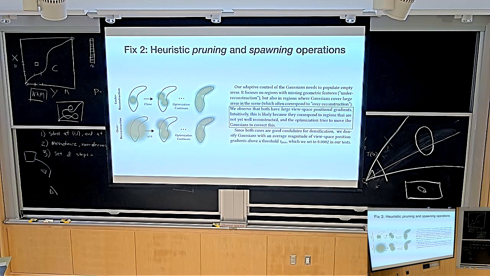has high magnitudes. And there's some intuition behind this because, of course, why would your Gaussian have a large gradient with respect to its position? It's because in that area of the image, those pixels are poorly explained currently, which gives you a large loss for those pixels. And the only way that the optimizer can fix this is it can only move the Gaussian or change its density and so on. And they basically found that the gradient of the loss with respect to the position of the Gaussian is a useful heuristic to decide when to split and when to merge Gaussians.